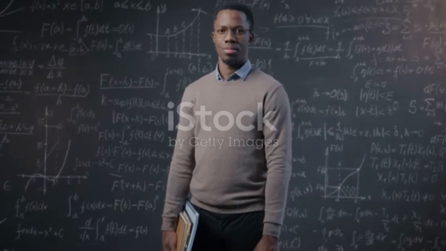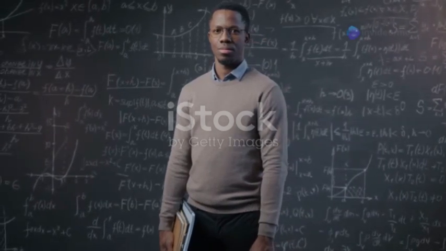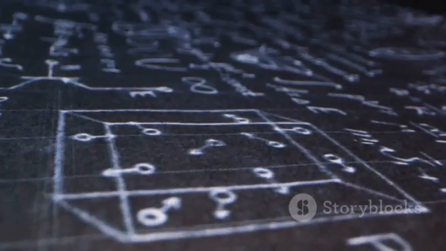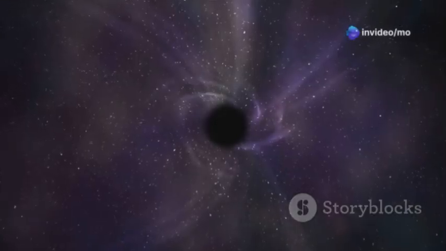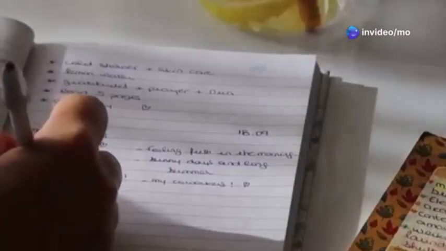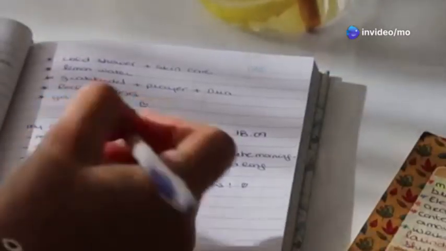Alright, future geniuses, the first step in our Feynman adventure is to choose our battleground, to pick the concept we're going to conquer. Think of something that's always intrigued you, something you've wanted to understand but seemed just out of reach. Maybe it's the mind-bending world of quantum mechanics, the intricate dance of economics, or the sheer audacity of black holes. Whatever it is, write it down. Make it your mission, your Everest.